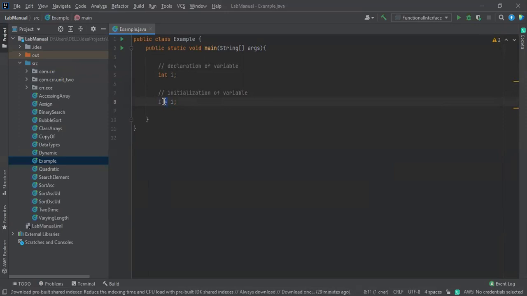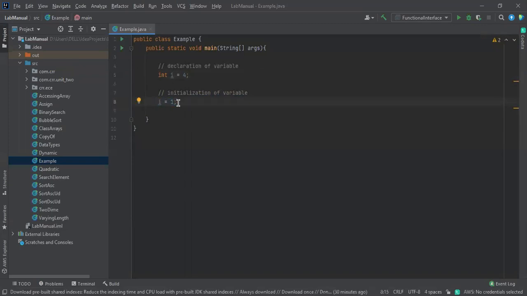We'll call it an operator. There are so many operators available in Java. So how are you going to initialize that? i is equal to 1, by using the assignment operator. We'll call it an assignment operator. So this is the declaration and this is the initialization. To make it easy, directly we can do it like this, so there is no need to declare and initialize again separately.